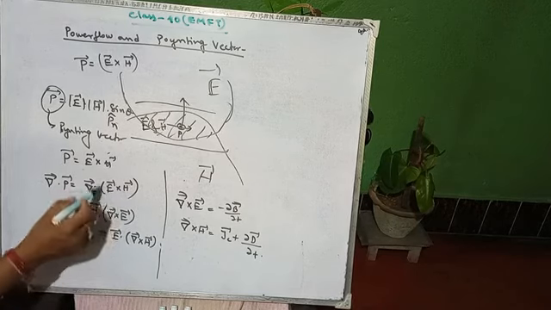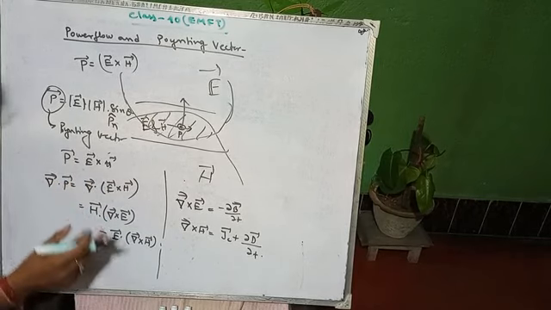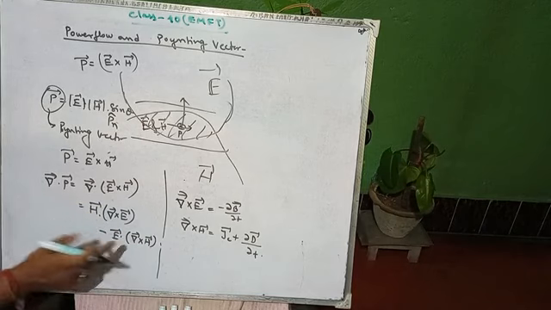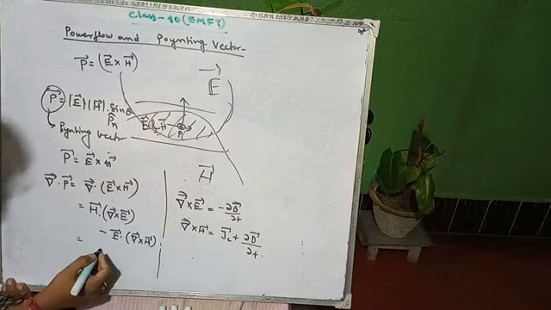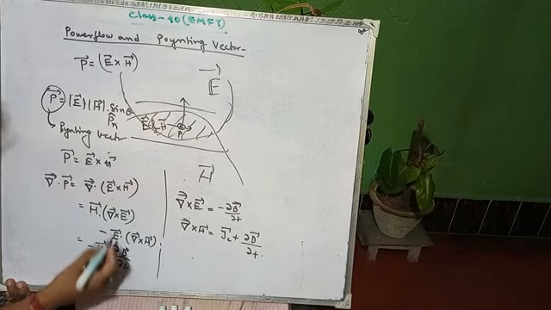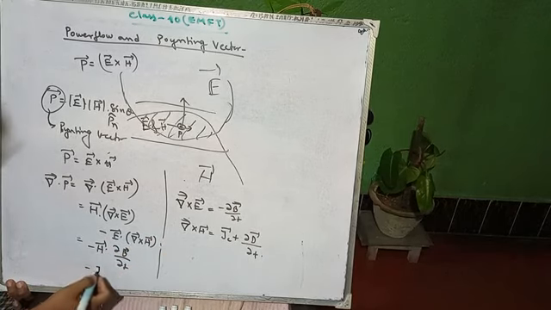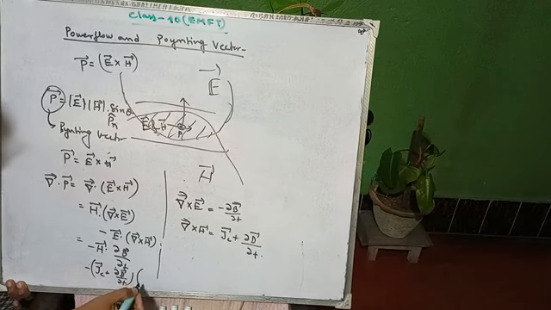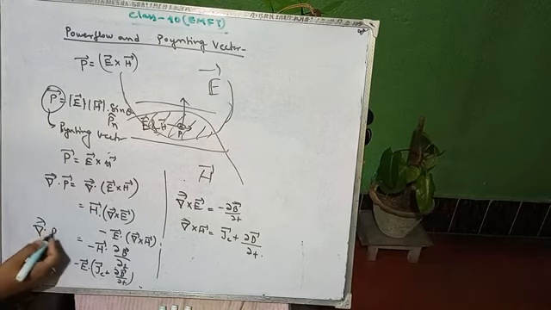This is one of the vector identities, or properties of the divergence. For the cross product of any two vector quantities on which the divergence operator acts, you perform the curl of E and the curl of H separately, and take the dot product with the respective H and E. We know the curl of E, so the result will be H vector times negative del B by del t, minus E vector dot curl of H, which is J_c plus del D by del t. This equals the divergence of P.